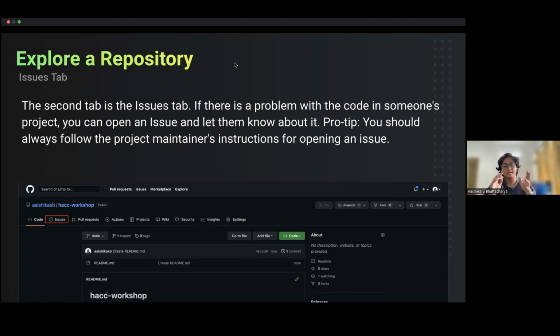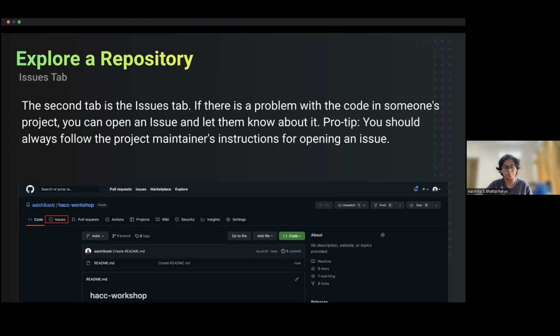Following that, you can see the second tab, which is the issues tab. How is it different from the issues tab on the header of github.com? It actually is going to show only the issues that exist for this specific repository. The issues tab on the header of github.com shows any issues that you have opened on other people's repositories as well. But this issues tab for the specific repository is just going to represent all the issues that exist